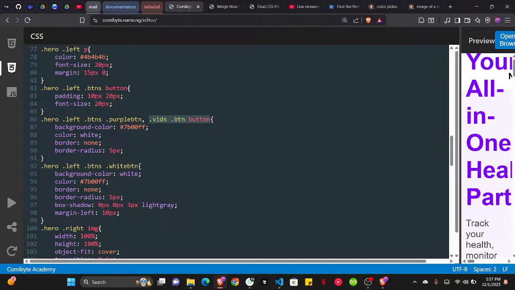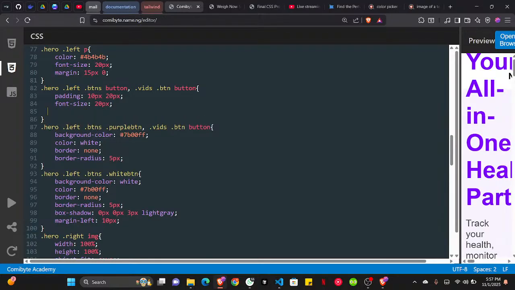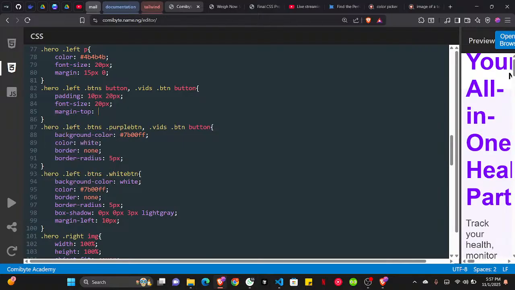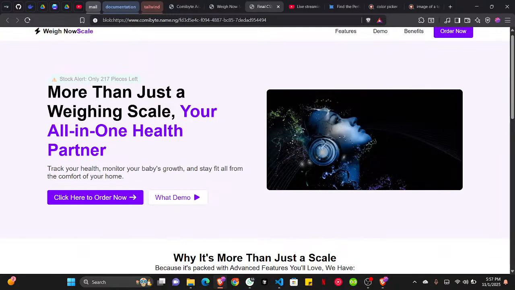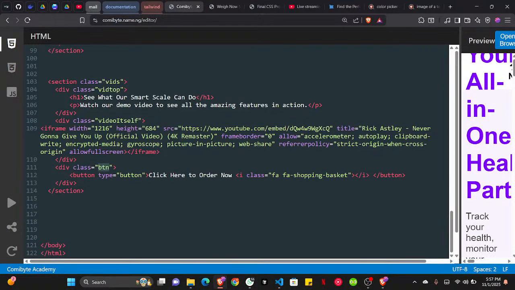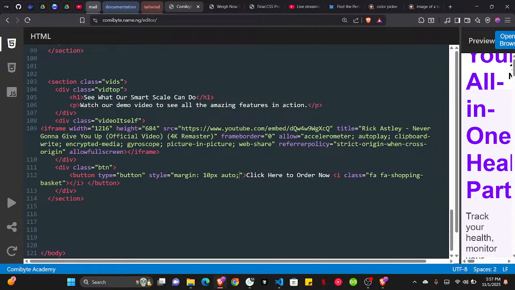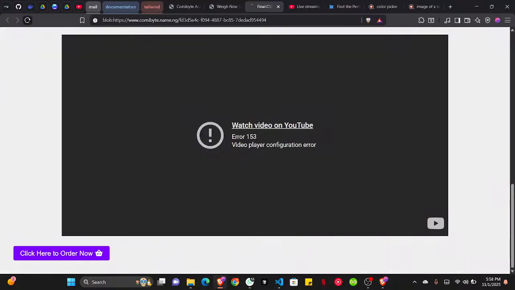Okay, so let's also style it. I'm also going to add it to be this also, and also we can give this a margin from the top of maybe 15 pixels. So if you come here, we have something like this. Now let's move this to the center. For me to move it, I can just easily use a quick style here and say margin for the top and bottom and what left and right. So if you come here and we refresh,